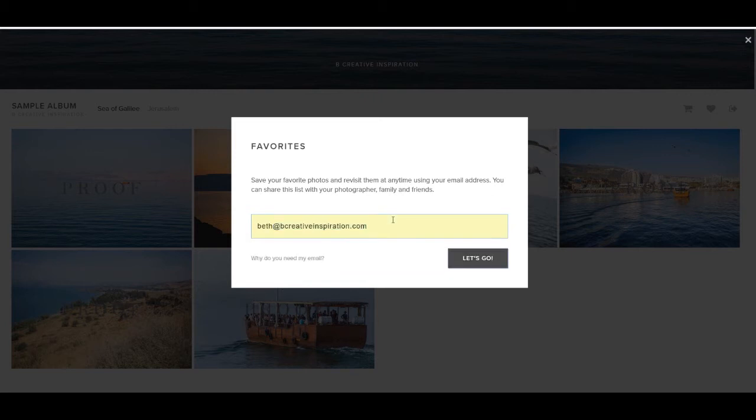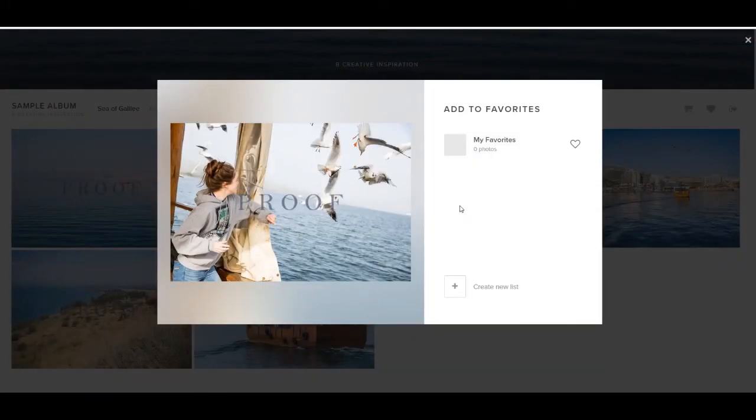I'll type in my email address, and this does 2 things. One, it tells me which photographs you specifically have chosen and I need to make sure to send to you. And 2, if you begin to select your favorites and you need to stop for any reason and come back later to finish it, you can do that simply by re-entering this same email address when you come back into the album, and you can pick up where you left off. So we'll click Let's Go, and it will pop up this